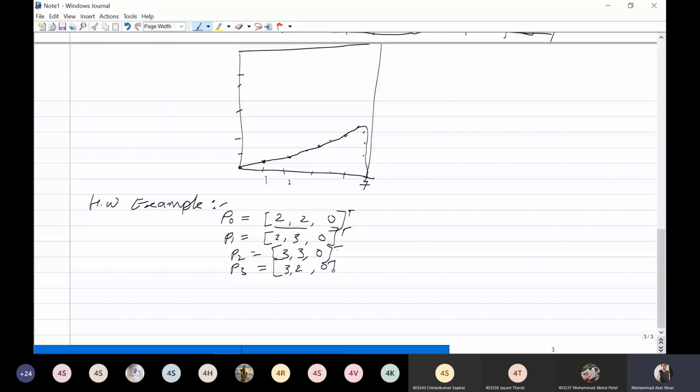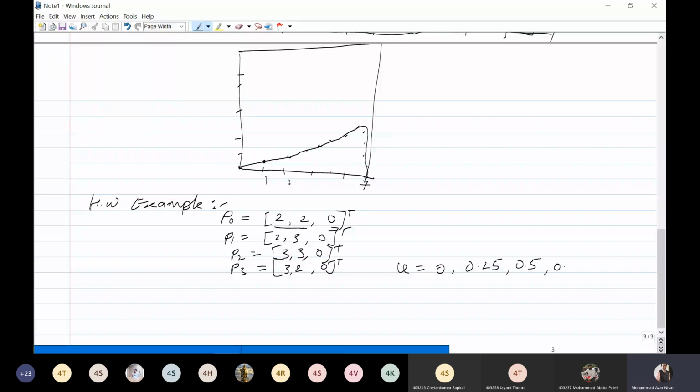Okay, in this way, the starting point is 2, 2, x is 2 and y is 2, and P1, that is the control points, are 2 and 3 and 3 and 3, and the end point is 3 and 2. And it varies the curve points from u equal to 0, then 0.25,